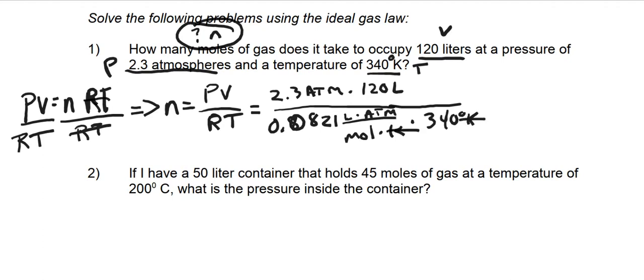So the K's cancel, because remember, this is technically on the bottom. The atmospheres cancel. The liters cancel. So now we're left with 2.3 times 120, which equals 276, over